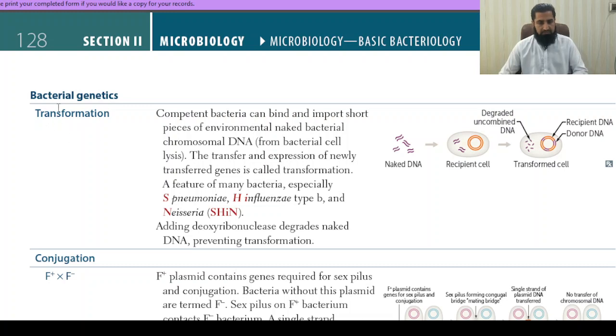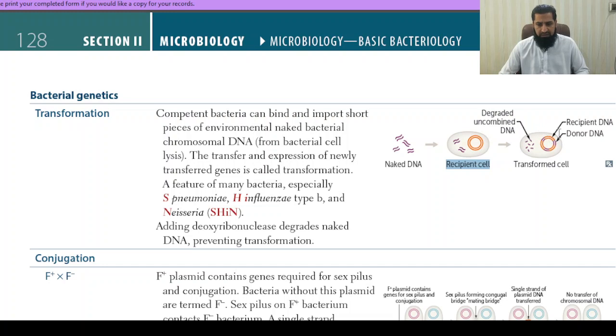Let's see some bacterial genetics. Bacterial genetics: transformation. In transformation, naked DNA, like here, is inserted into recipient cells, and this naked DNA degrades into uncombined DNA. These uncombined DNA fragments get incorporated into